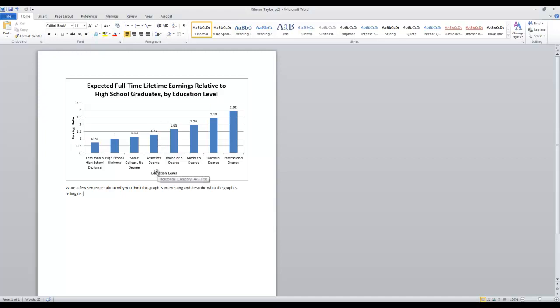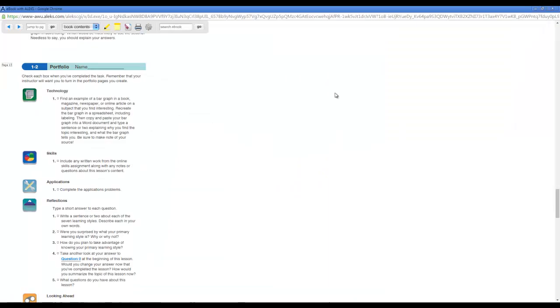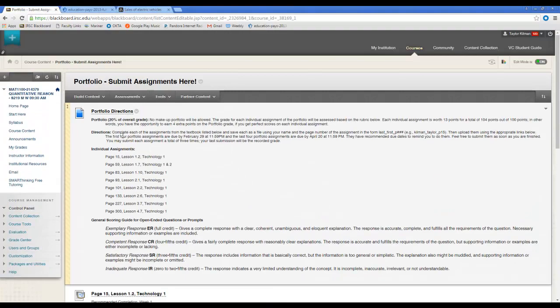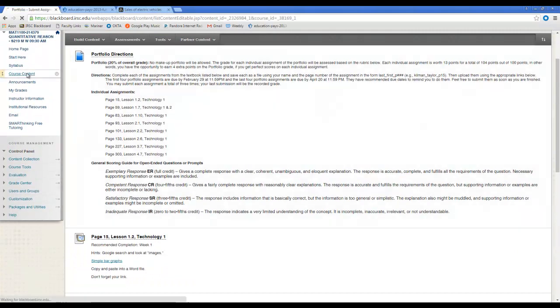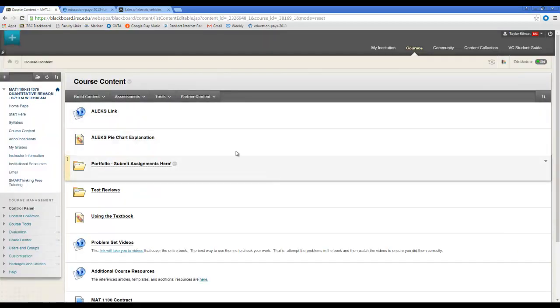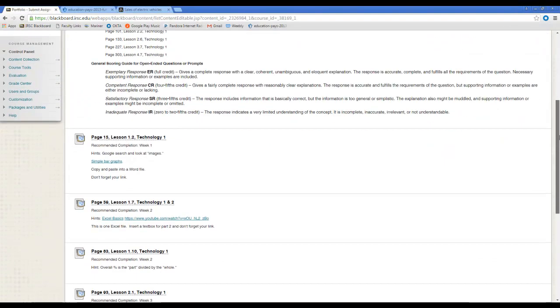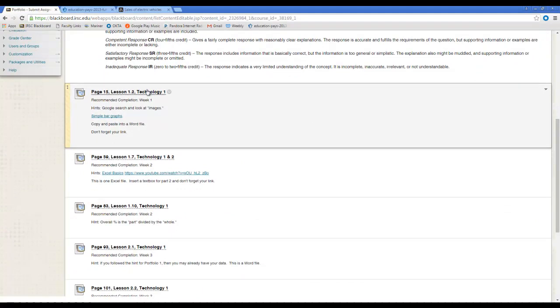Now, that's done. All you have to do to submit, let's see, we can close this out. To submit, go back to Blackboard. And again, depending on if this has changed, usually you'll find where you can submit the assignments under course content for most instructors. So go there, and all you have to do is find the appropriate assignment. Here, this is page 15. Click on it,